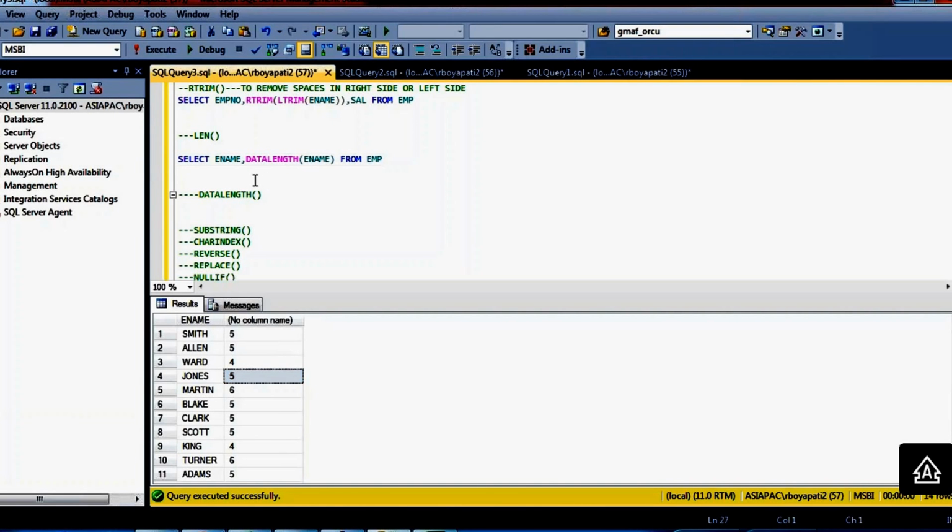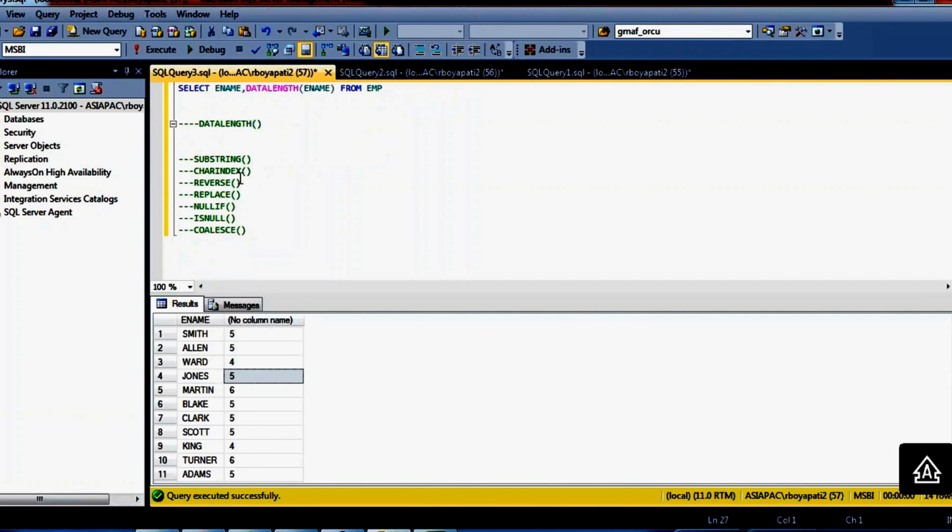Clear? The length function gives the count of the number of characters. The DATALENGTH counts the number of bytes. So the length function doesn't count the spaces, but the DATALENGTH function will count whatever space, how many bytes it is using. Okay, right.